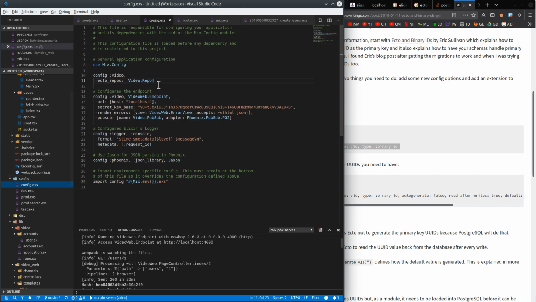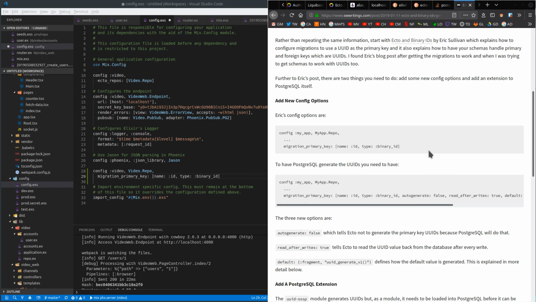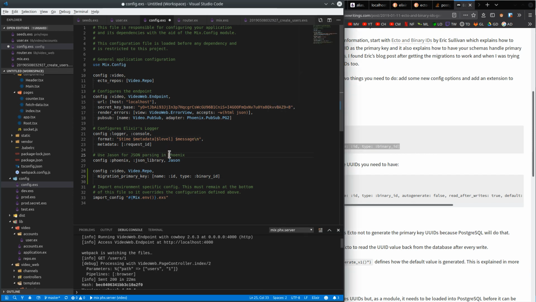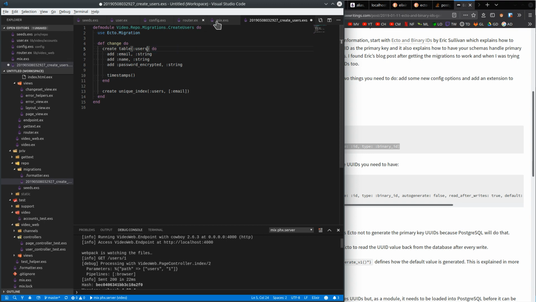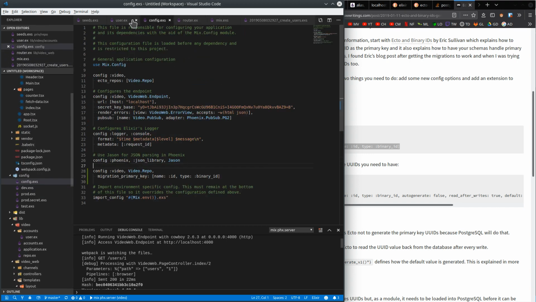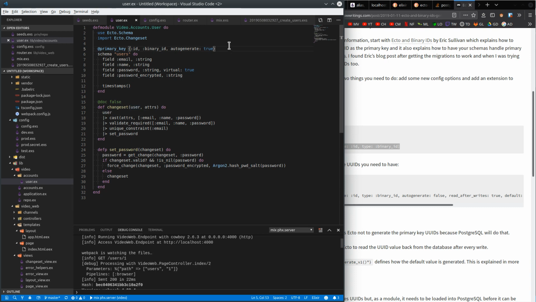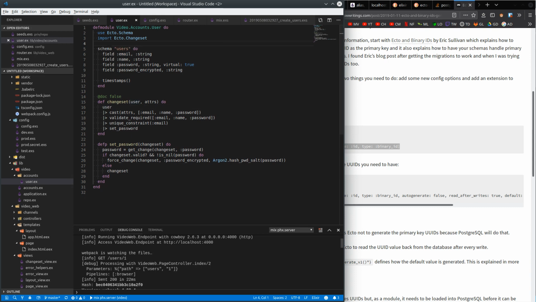I kind of understand what it wants me to do. Your config video.repo migration primary key. So, technically speaking, I should be able to just drop this stuff. It should still generate those kinds of keys, which would be really nice to have globally, because